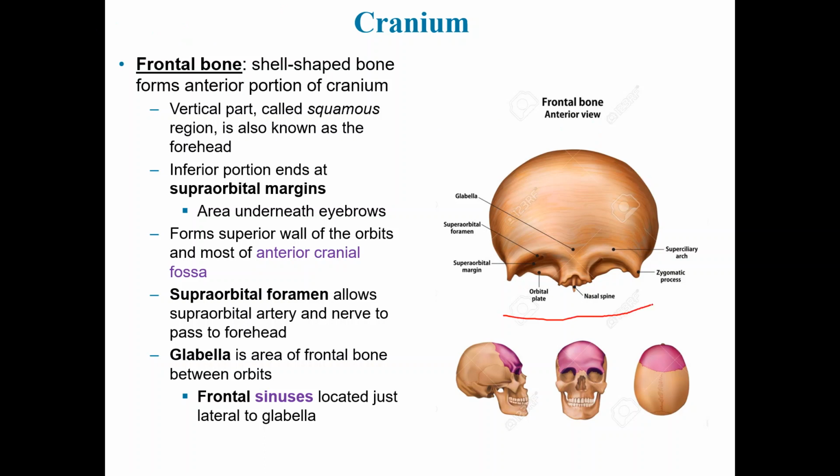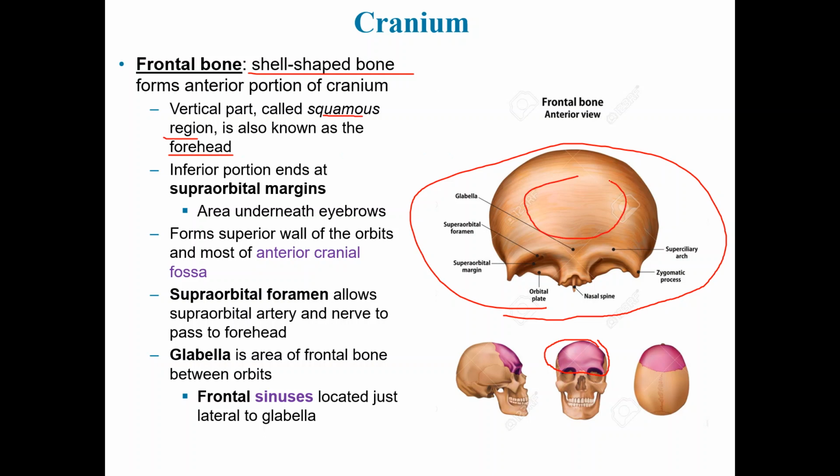This is a bone that occupies a large area of the cranium and is located in the frontal, anterior portion of the cranium. It is a shell-shaped bone, and we can recognize a vertical part that is known as the squamous region, also known as the forehead here. The inferior portion, which is this one here, ends with the